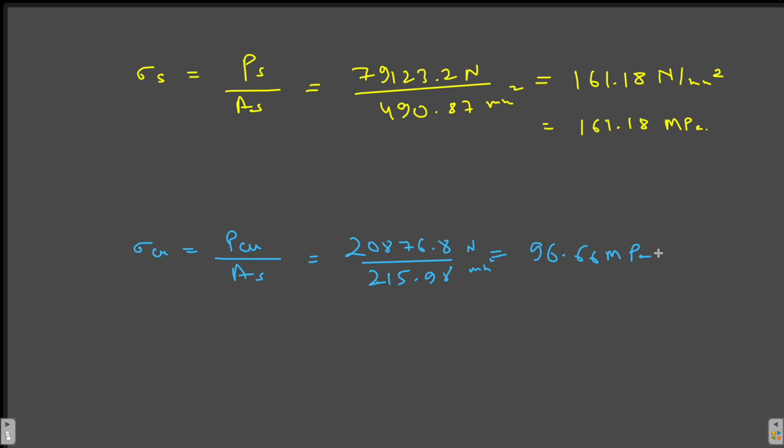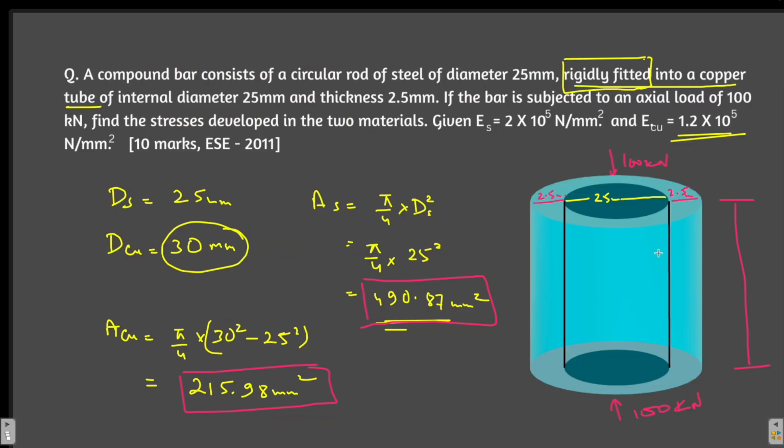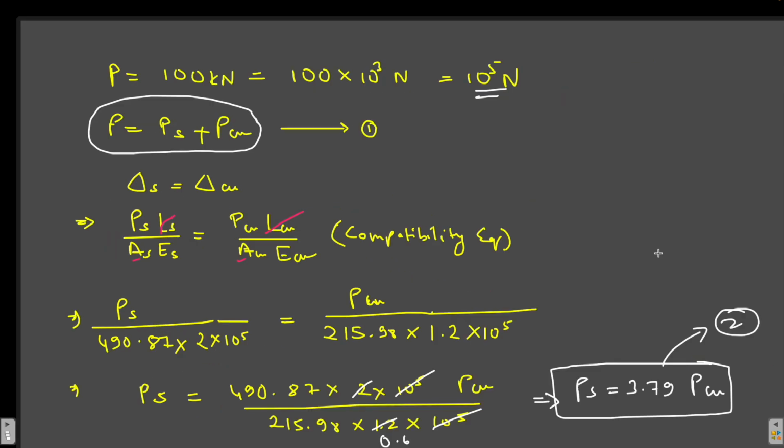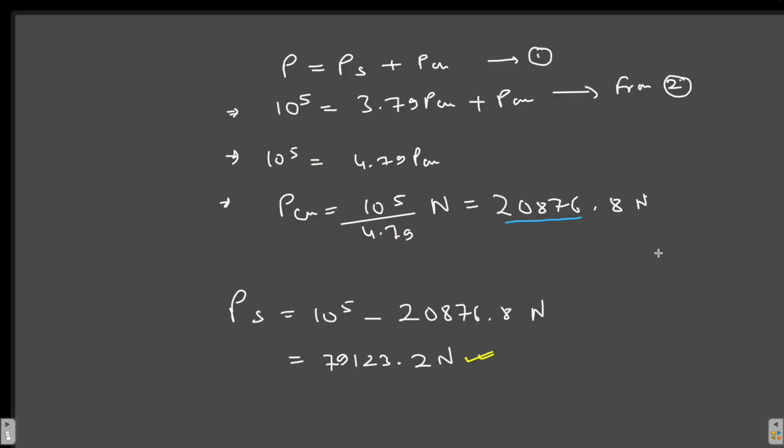Okay, so the main takeaway from the question was that whenever a single load is acting in a compound structure, meaning two structures rigidly held together, then forces are not equally distributed in the two materials. They will share a different load for each one. So you first have to find out the load, and for that you will be using a compatibility equation, and once you know the load, it is very easy to calculate the stress.